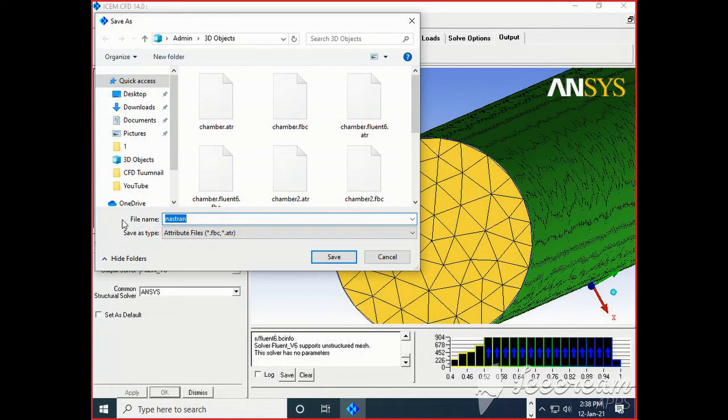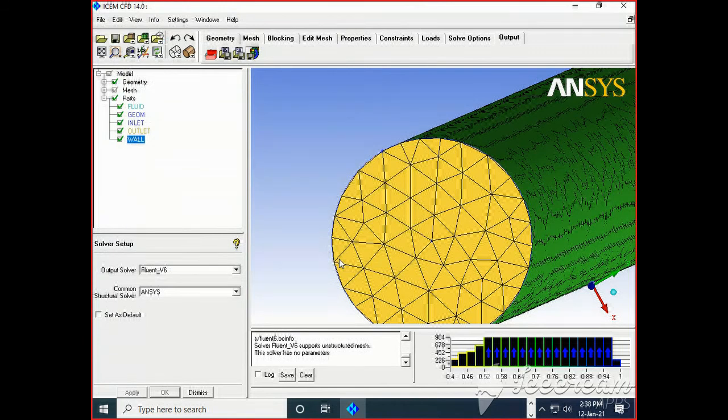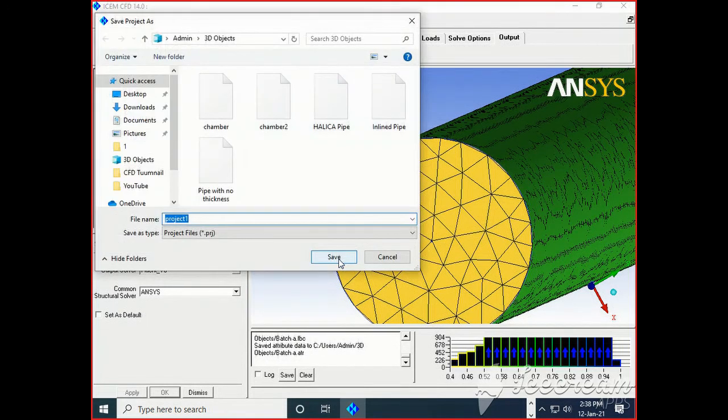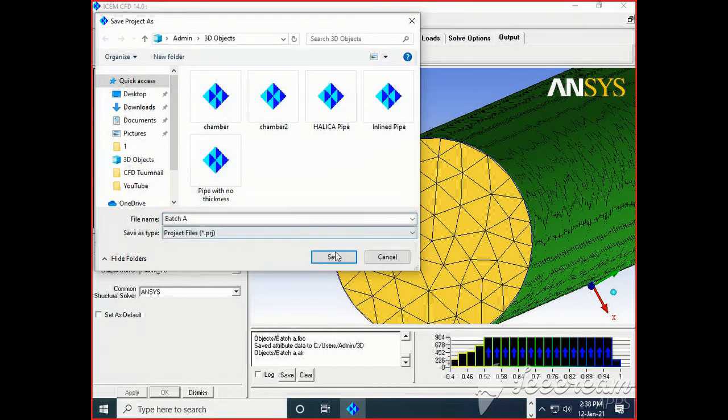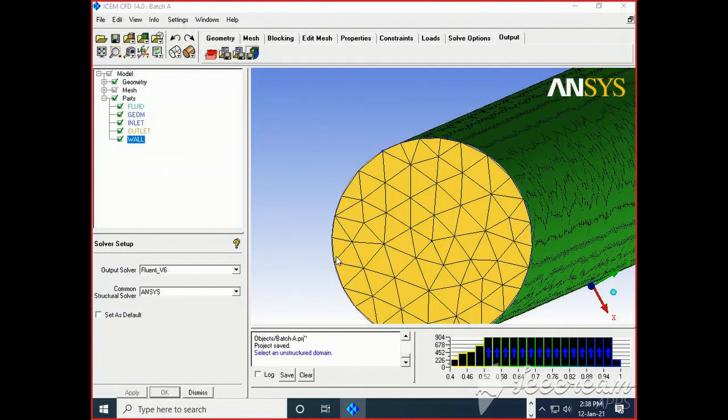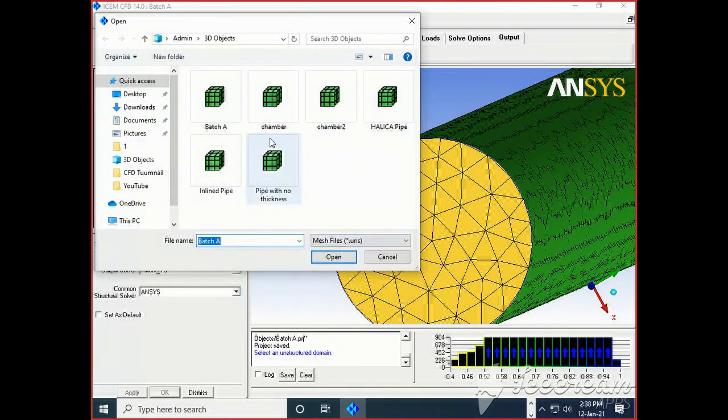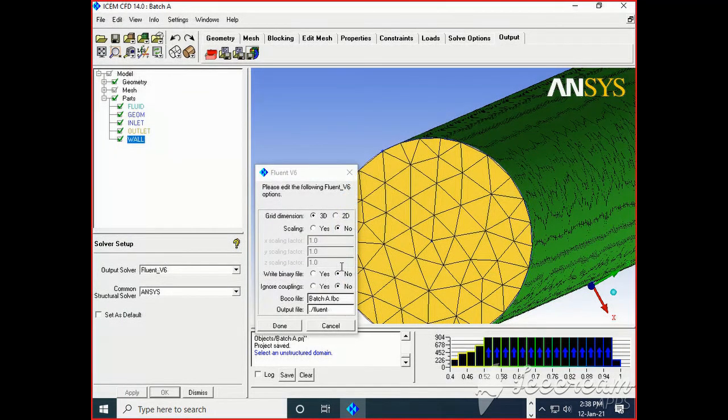So I can say batch A. Open the .uns file and here say batch A.